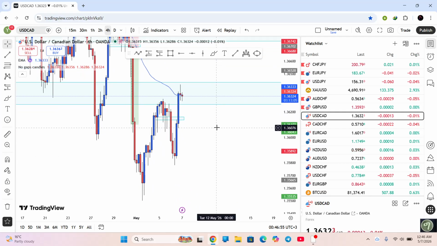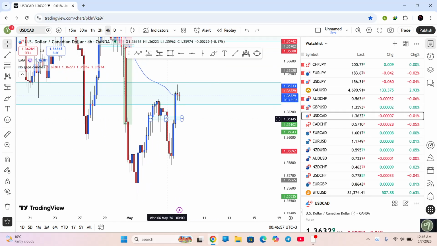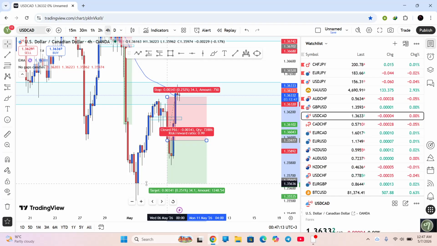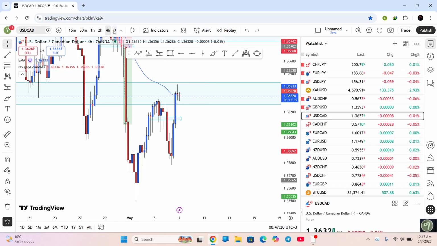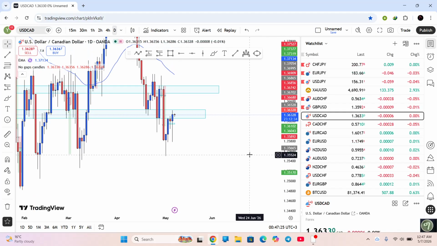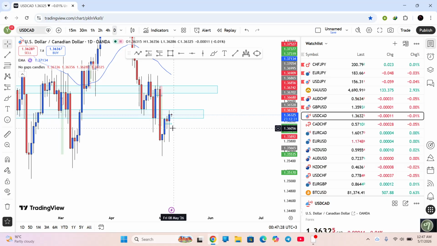As you can see, I told you guys I was waiting to enter this trade. I would have waited for price to give me a body closure under this structure point, then it gave me a very strong bearish engulfing, and taking this trade over here would not make any sense because the risk to reward ratio would not make any sense. This is my first take profit level, and as you can see, 0.99, it's a negative risk to reward ratio, and we always target 1 to 2. If we do not have a 1 to 2, it's not worth taking a risk on this type of setup because of the risk to reward ratio. That's why I did not take this trade.